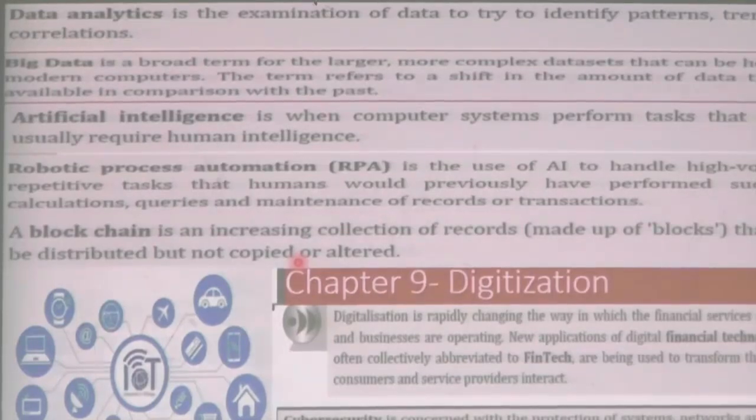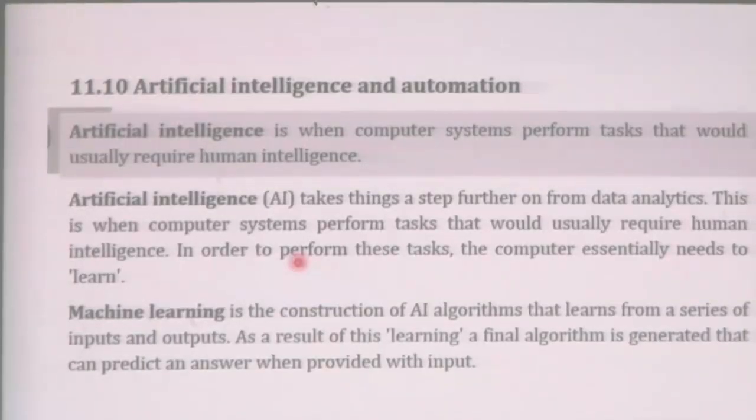It is used in certain applications, and we can probably see some examples. I have extracted some of the explanation when you read. I am sure for some students this may be a difficult chapter if you read blindly, without knowing the application. So, AI examples and machine learning. Now, what is machine learning? It is a construction of algorithm. I want you to highlight this word algorithm. Whenever we talk about AI, we talk about algorithm. It is nothing but a series of steps where you give instructions for a machine to learn.